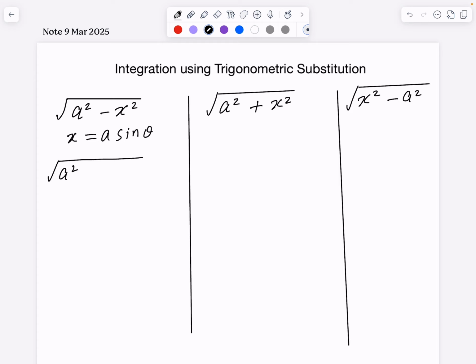There's a squared minus a squared sine squared theta. So this one is going to equal a squared times 1 minus sine squared theta,